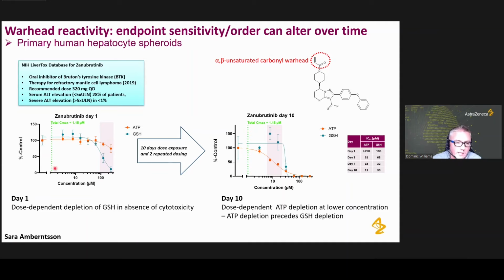But mechanistically, when we look at this in primary human hepatocytes, we can see on spheroids in day 1, we don't see much cytotoxicity, but we do see a certain amount of glutathione depletion occurring. But over 10 days exposure and 2 repeated dosings, we actually get this swapping over where the cells become slightly more sensitized, so die earlier, whereas the glutathione levels, although they vary somewhat, have a much more drastic depletion when a certain threshold is crossed. So it helps this understanding of the different risk profiles we may gain.